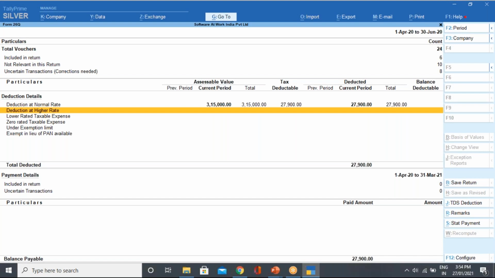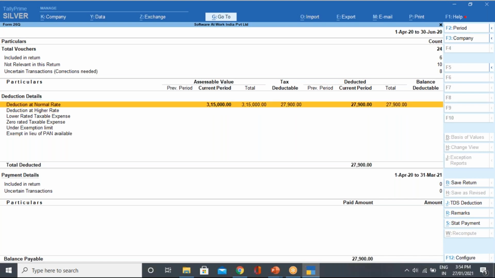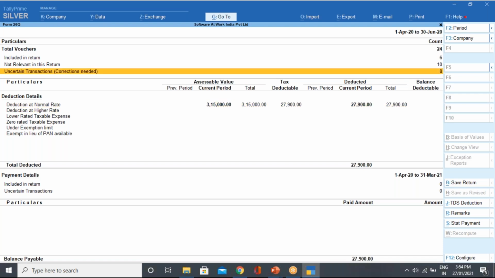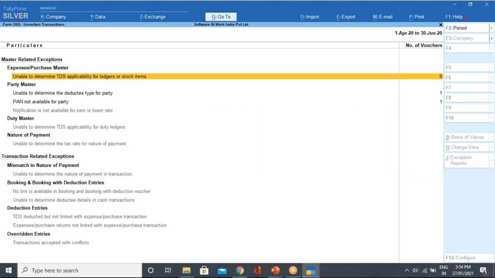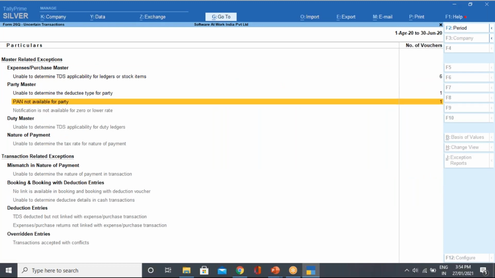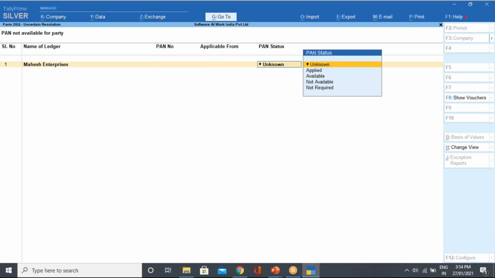For this category, you have to first confirm with Tally. Tally will first ask you for confirmation, and once you confirm that it has not been received, only then will Tally deduct at the higher rate. So go to the uncertain transactions, come here, PAN not available for party, and confirm here that it is not available.